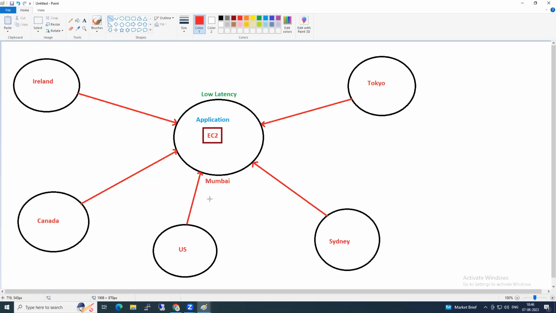Tell me now, based on your knowledge, how do I provide low latency for all the people throughout the world? My application is in Mumbai, and people started screaming everywhere. How do I now provide them low latency? Think and tell me. Share the application, you are saying. Very good. Some people are saying to keep the application in Tokyo also, in Ireland also, in every region.